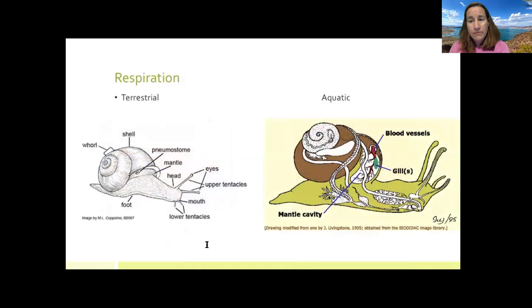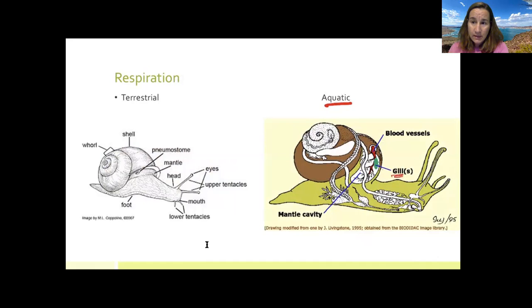They can be freshwater or saltwater. They can be land-bound or water. So they can be both. If they are aquatic, which we said most of the mollusks started in the water and then they moved on to land, they're going to use gills. Like we talked about, the water flows over the gills, oxygen diffuses out of the water into the cells, and then the waste, the CO2, is going to diffuse from the gills out into the water. So gills, if you're aquatic.